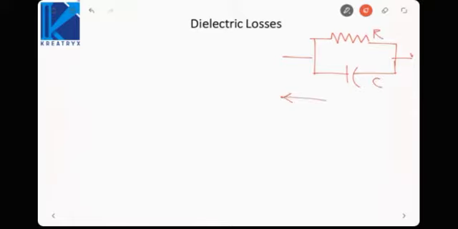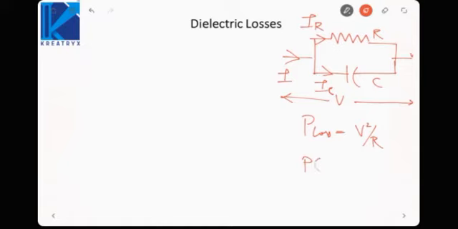Okay. So here we will have some voltage, some current. This will be divided into two parts, IR and IC. So the dielectric loss will be, for a single phase, V square by R. For three phase it will be 3V square by R. Now if we draw the phasor diagram,